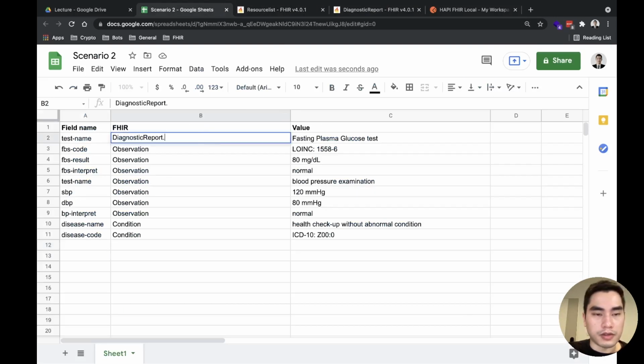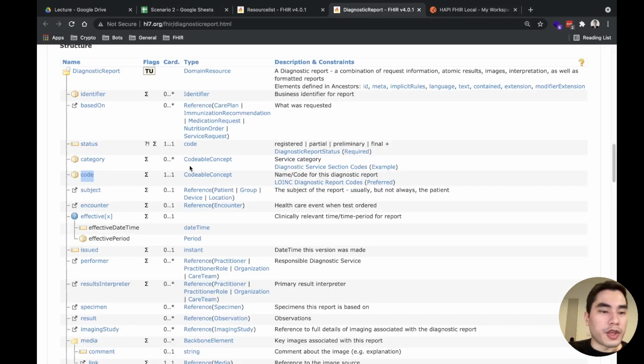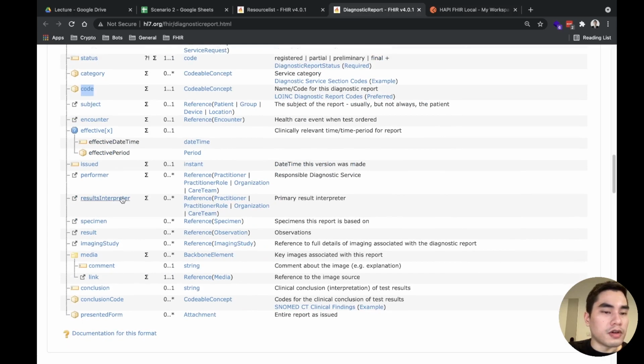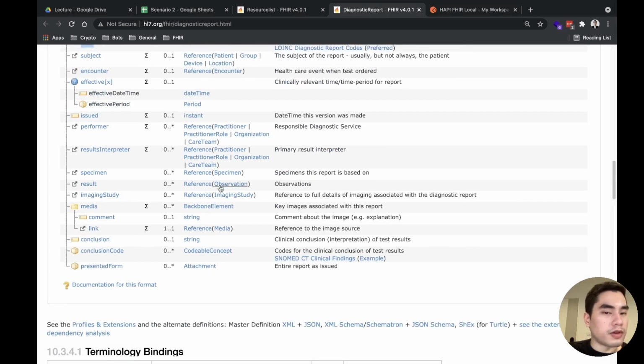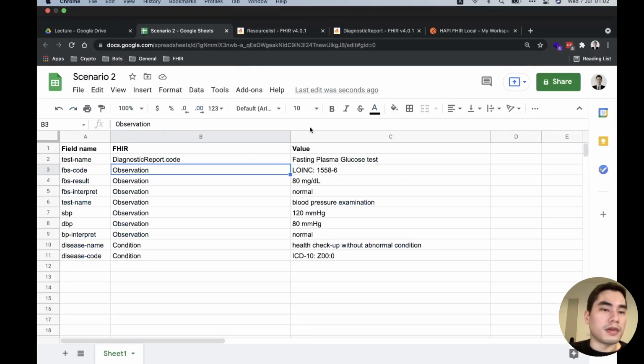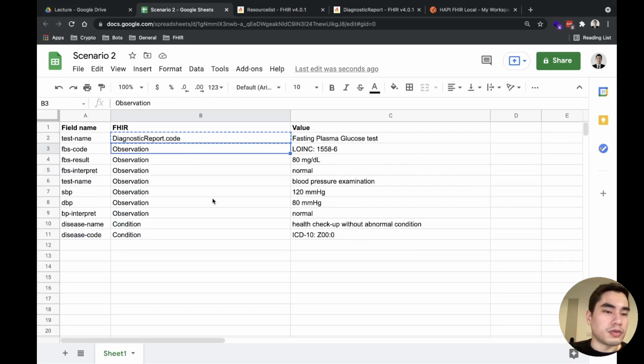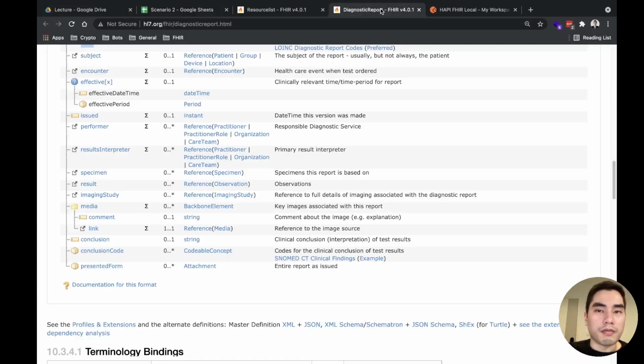So diagnostic result, that code. This one, we can put at the code level or at the result level as well. I think this depends on the agreement, but for me, I will change it to this one. But the result is in the result for sure.